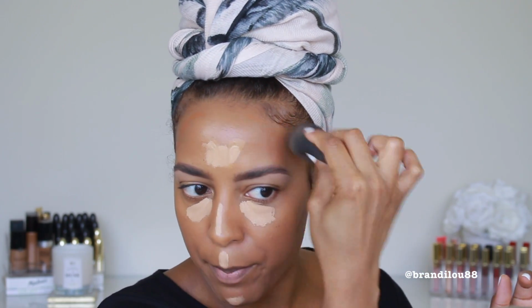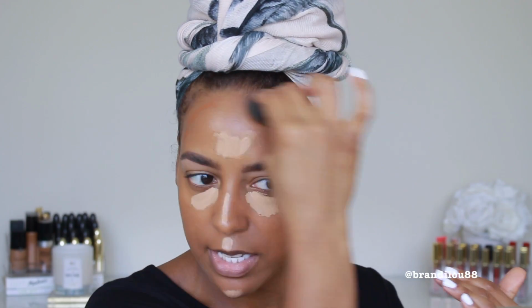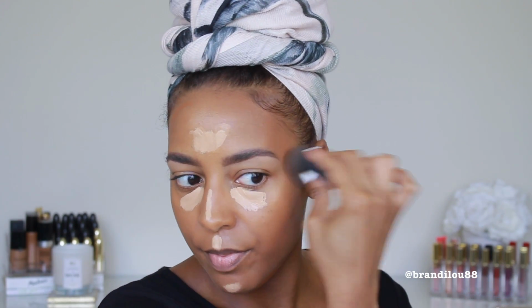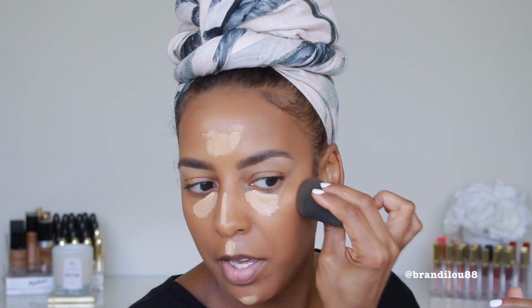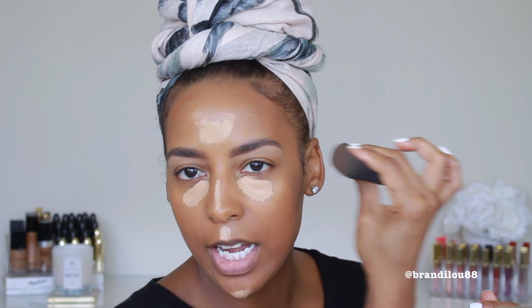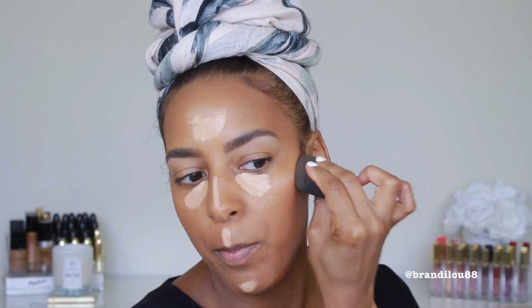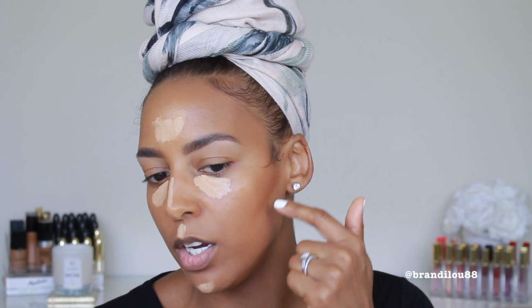I'm just going to go in and blend this all around the perimeter. I put pretty much bronzer or contour just around the perimeter of my face. And then it just blends out. Look how easily that blended out. And then I pinch the Beauty Blender right there at the butt of it, the booty blender. And then I do an upwards type of motion,